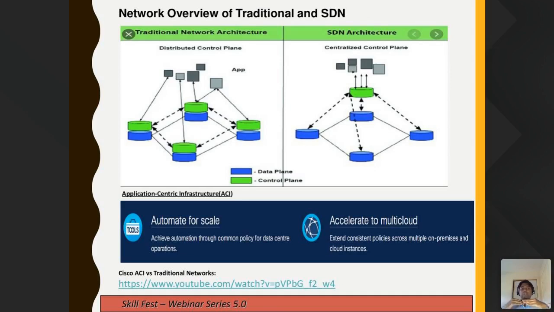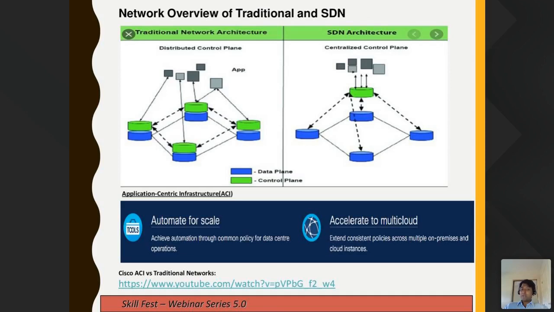So the major difference is in the traditional network, you have a control plane and the data plane in every device that you configure. But in the SDN, all the control plane will be centralized. You want to do the IOS upgrade for all the devices. You don't need to get into that device. You can do it centrally.